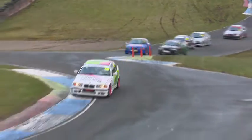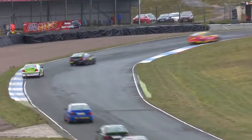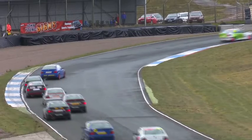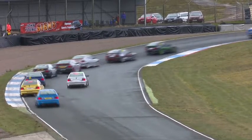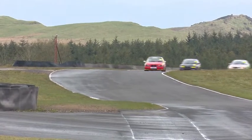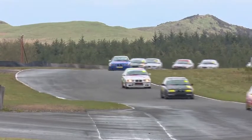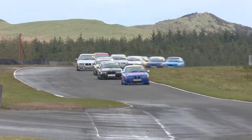So good driving standards from the Scottish BMW Compact Cup boys and girl, we have to say, because we've got Ashley Morris racing in the mix as well, and Ashley qualifying 17th today. But as you can see, Gary Clark, the early leader here. Stephen Goldie down in third place. Neil McInnes holding second at the moment. So McInnes in black with the yellow trim, and then we've got the